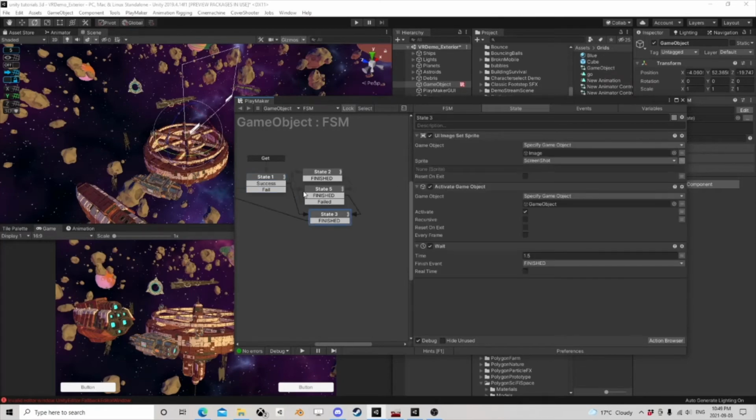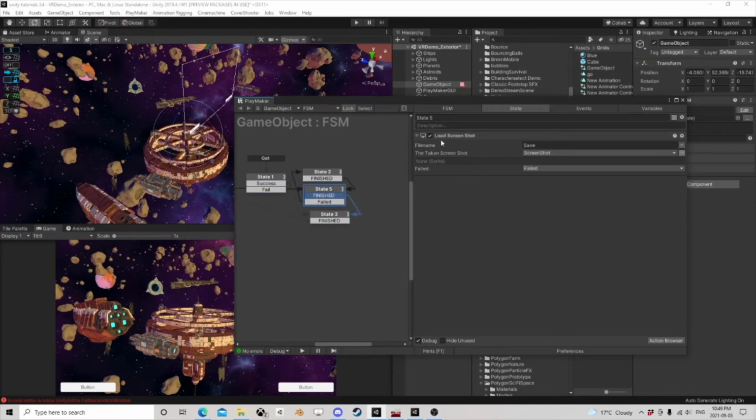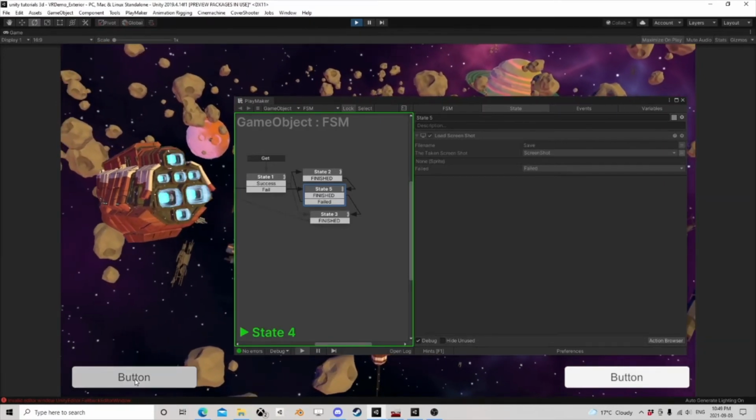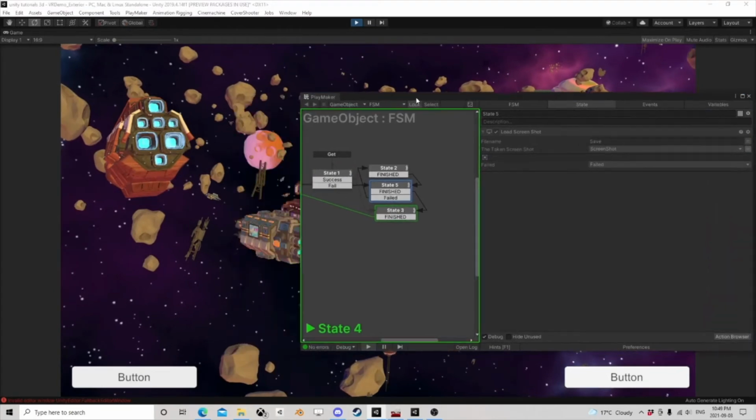but I've also got on its own a load. And the purpose of this one is solely for if you just want to load anything, right? Like if it's a save game. If I hit play, like we were out of play mode, I can go into play, and if I hit save, because it's not only taking a screenshot, it's actually physically creating a file. So it's saving a file into your